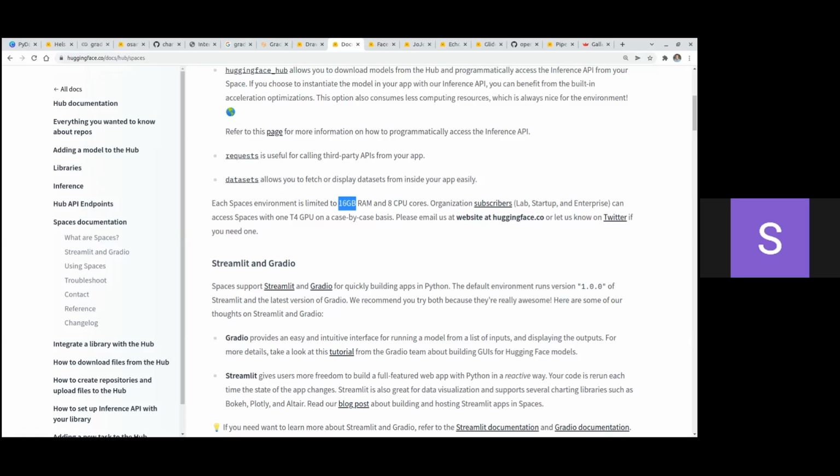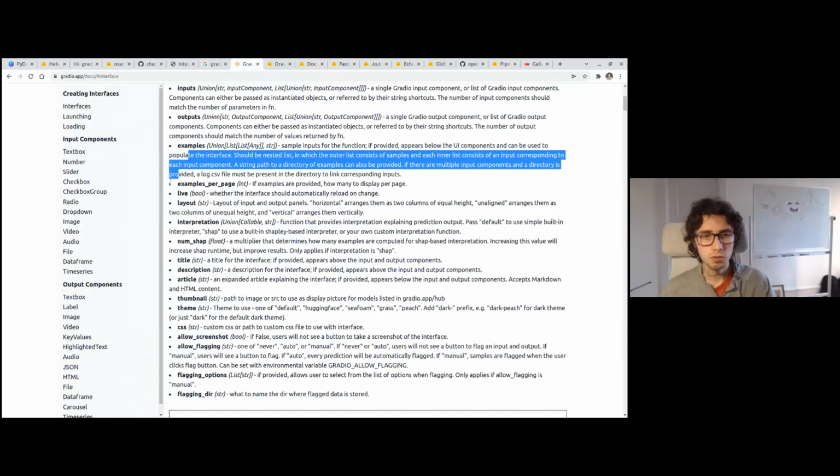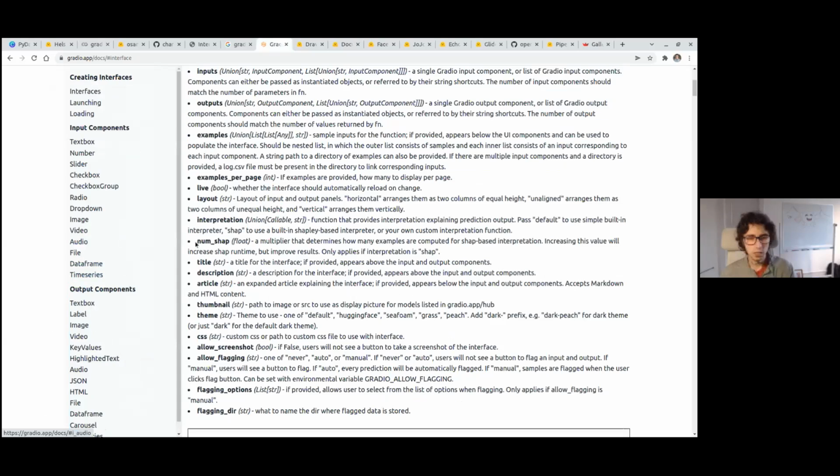Okay. Can the output of demos be visual, made by Plotly or Matplotlib? For example, plotting a word cloud based on the user input? Yes. In the case of Gradio, for Streamlit it might be a bit different, but in the case of Gradio, what you can specify is the output, right?